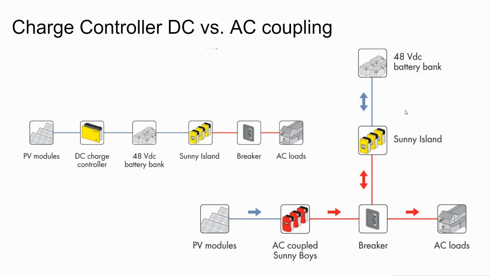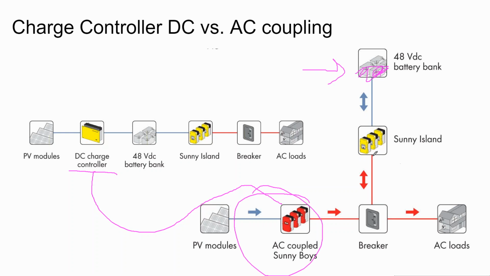And really, I think at this point, because the cost of the charge controller is about the same as a batteryless inverter, and because there are remedies to overcome the black start issue, whether it be reserve capacity in the battery or adding on a generator to crank, there's just not that much of a difference between DC and AC.